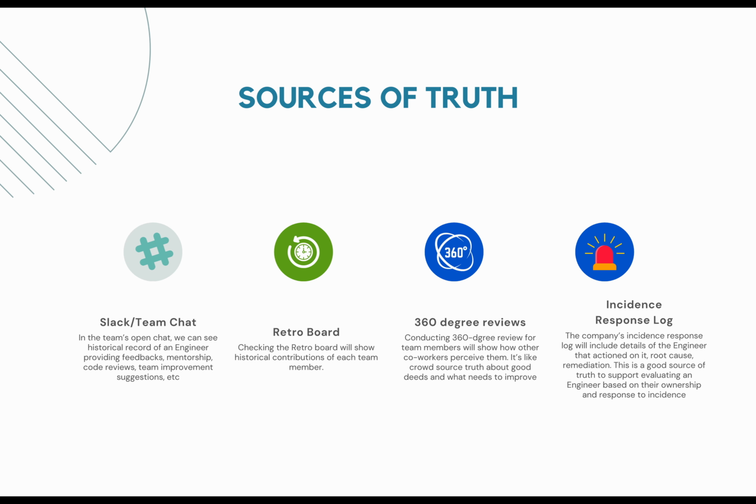You can do a 360-degree review. A 360-degree review is very important, right? It's like an anonymous survey. Very simple form. You say, what can engineer X improve? What can he stop doing? What can he start doing? Very simple. From this 360-degree review, you're able to see if engineer X has been unblocking other people,